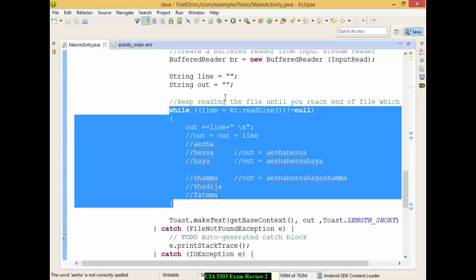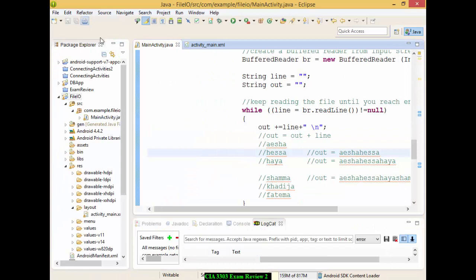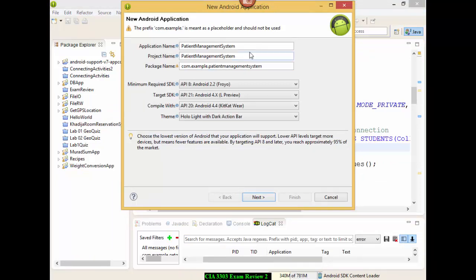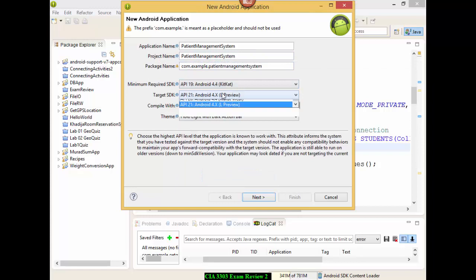Okay, enough for storage. Can I move to the database? Reading, writing and searching. Okay. So I'm going to send this to you. Let me just pause this for a minute. So I'm giving you a review of what you can get in the exam. It's a patient management system, and